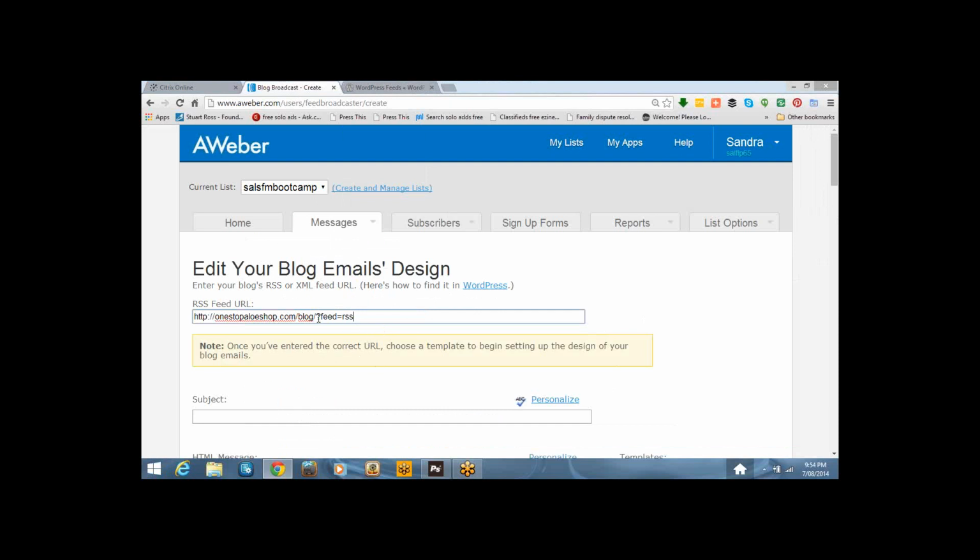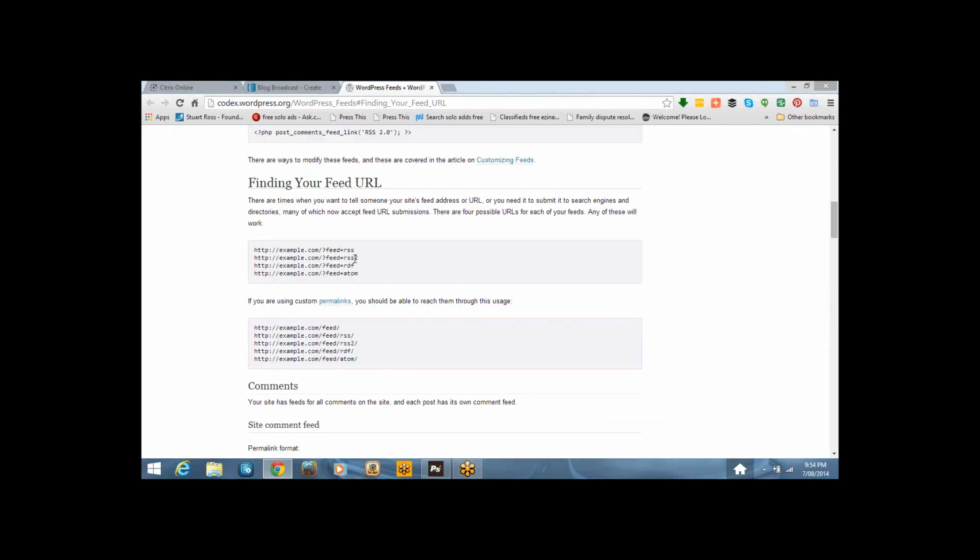If the first one doesn't work, you'll need to try the second one. If the second doesn't work, try the third. If the third doesn't work, try this one. If you're using custom permalinks, you'll need to use these ones here. You can easily find that with the Yoast tool.